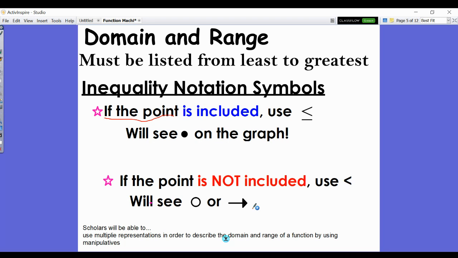The other time you would use that less than symbol or the greater than symbol is if you see an arrow. That arrow is important because what it technically means is we're going to keep going on forever and ever, and you can't really come up with a real answer. So we call that infinity. Infinity is not a real number, so we don't include it. I can't say, hey, I'm going to go to the store today and I'm going to purchase infinity amounts of